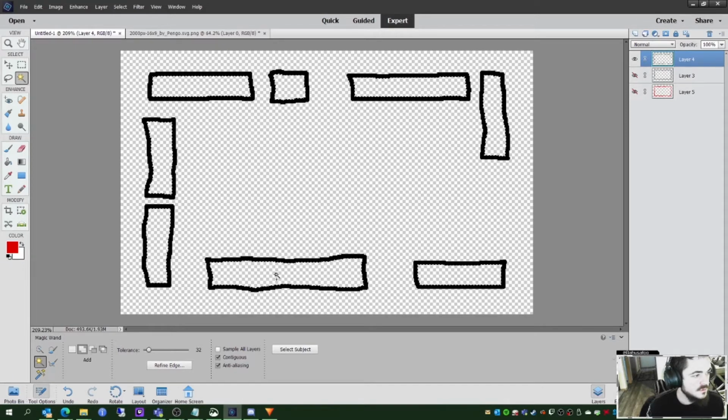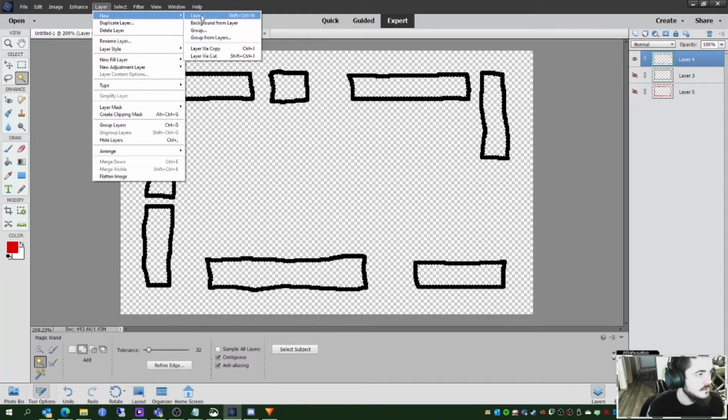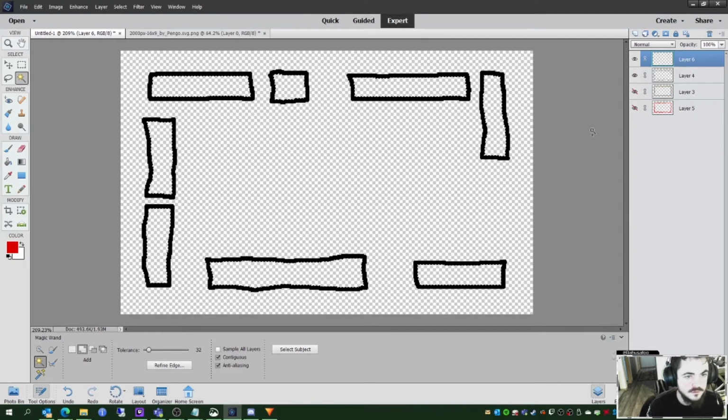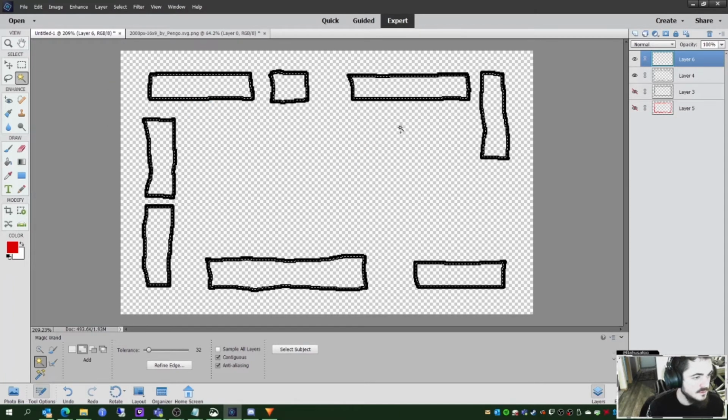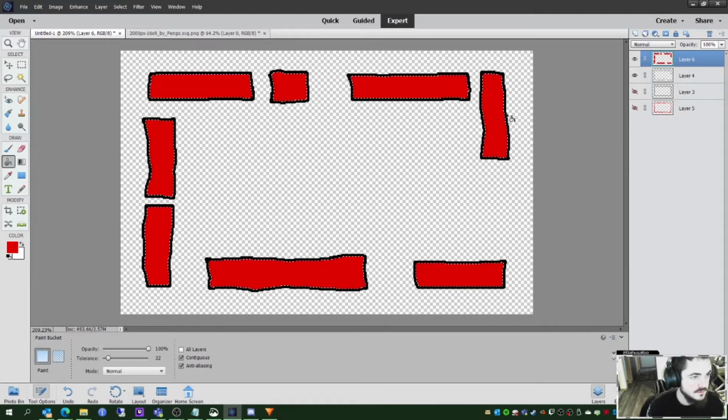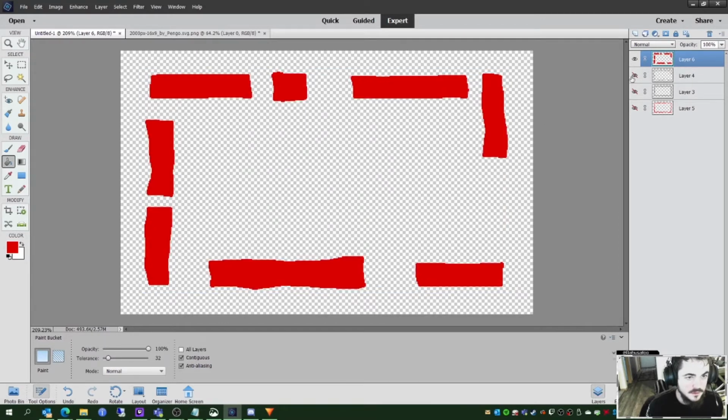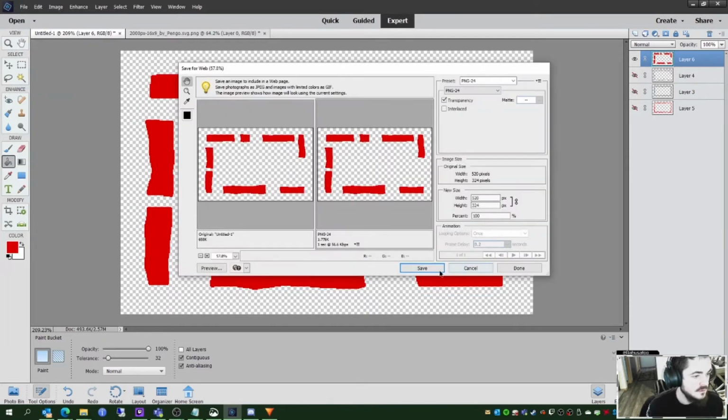So there we just want to make sure that all our squares are in our selection. And then layer, new layer. Then select, modify, expand. We want to expand our selection by 2 pixels to get it out into this border again. And then with our fill tool on our new layer, just fill that in. And then hide our border. Save for web, save,